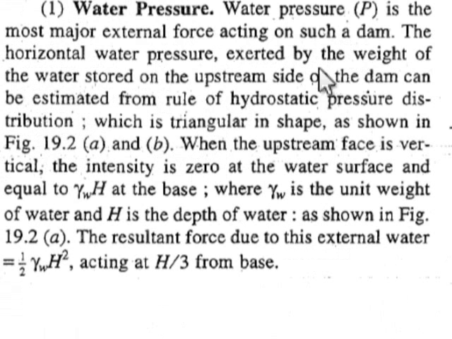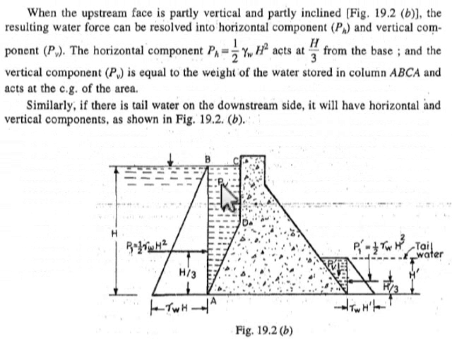This is water pressure. You can go through the definition. Water pressure, we know that it is equivalent to gamma h. This is the pressure diagram of the water pressure. If water is contained here, it will exert a pressure in a triangular shape. At the bottom it exerts more pressure, at the top it exerts less pressure. This is equivalent to gamma h. We just calculate the area of this pressure diagram and we will get the total pressure.